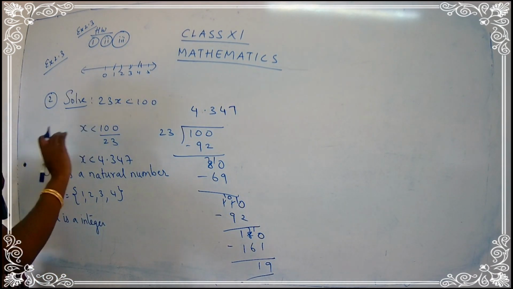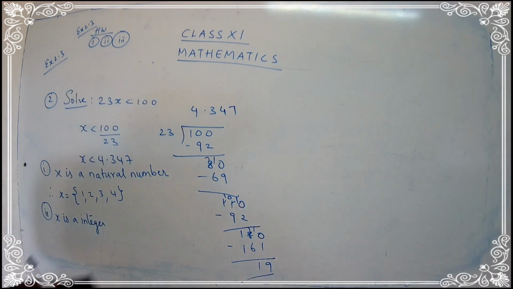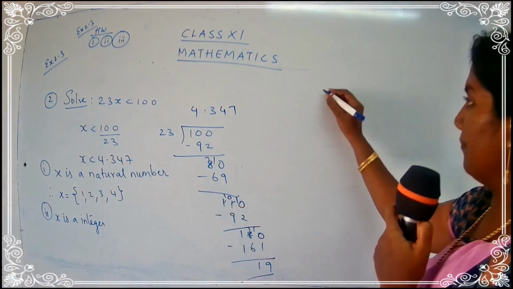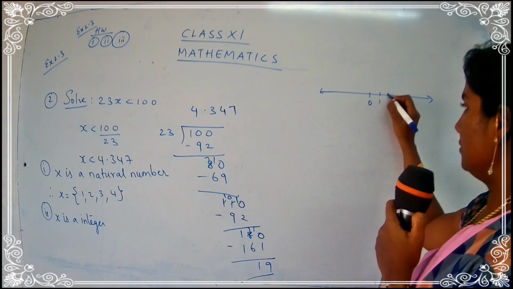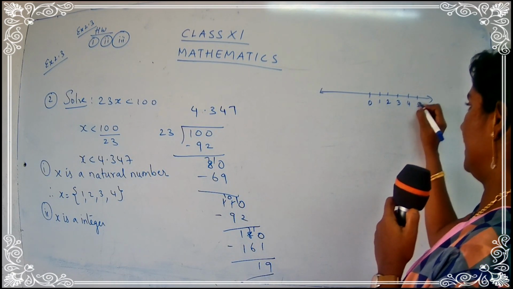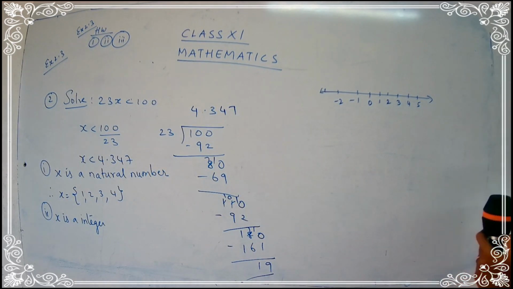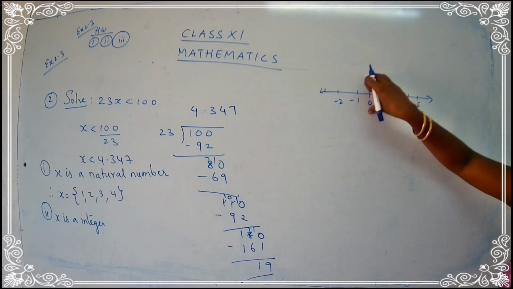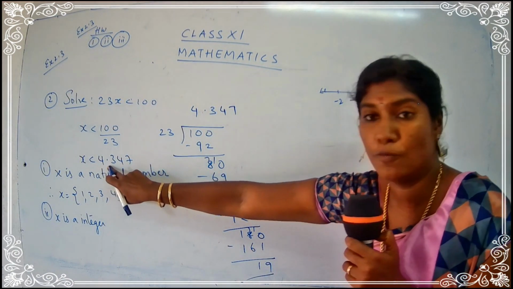Okay, so it's better, we draw a number line for integer, children. I'll draw the integer here. So you draw a number line over here. 0, 1, 2, 3, 4, 5, and somewhat you will get your number -1, -2, and so on. It goes on, yes? So now we have to talk about an integer. I have told you for integer, it contains the negative numbers, it contains the number 0, and it also contains a positive number. Now here the condition is x is less than 4.347.